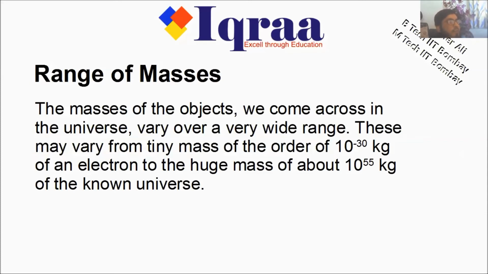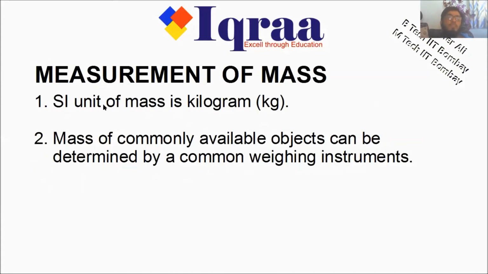So with the help of the weighing pan, what we can measure is in kilograms and grams, or maybe to a certain extent, with the weighing pan a goldsmith uses, we measure in terms of milligrams or something like that. But if you want to measure a smaller mass or heavier mass, like the mass of the earth or the mass of a mountain, then we cannot measure with the help of the weighing pan. So the SI unit of mass is the kilogram.